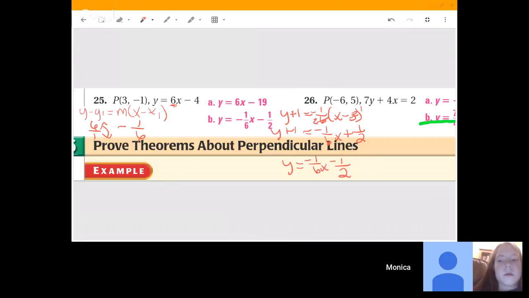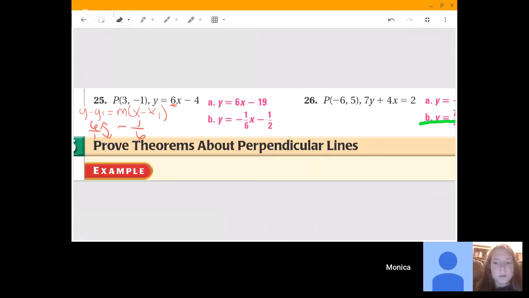Number 26, Charlotte Ann. That's going to be worked out the same way that I just did 25. So when you're looking at it, let me erase all this. For a parallel line, you're going to have the same slope, okay? So the slope for the parallel part is going to be,